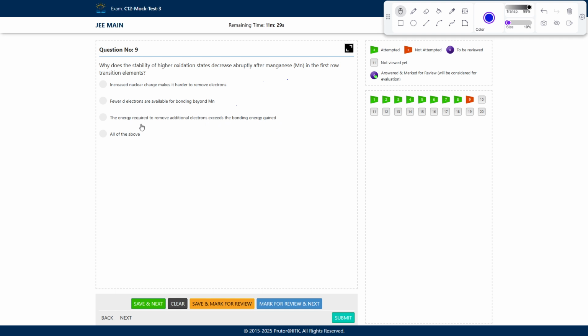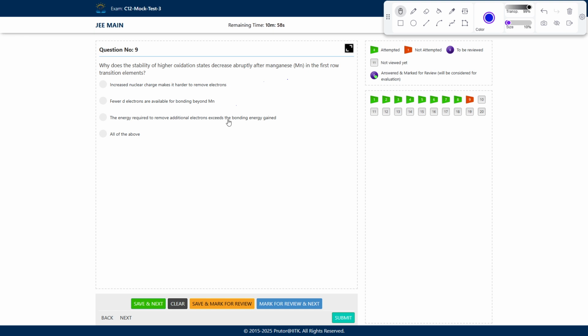This is also correct, that the energy required to remove the additional electrons from the d orbital exceeds the bonding energy gained by the elements by forming bonds. So this is also a correct reason for the statement that the stability of higher oxidation states decreases. Higher oxidation state means it can remove more and more electrons. So yes,